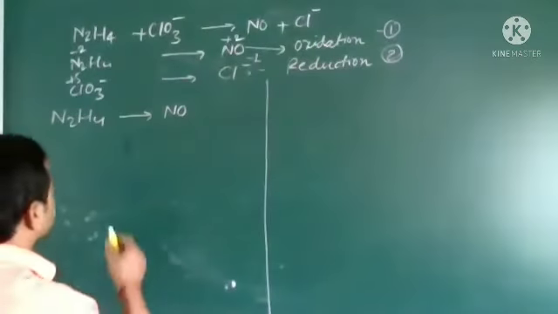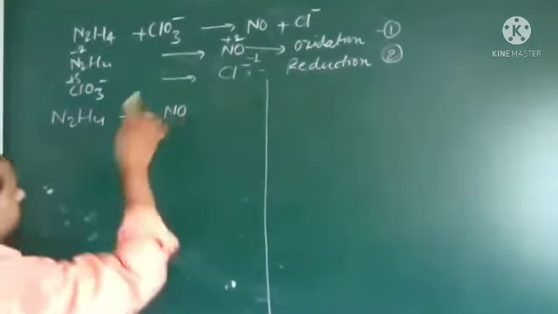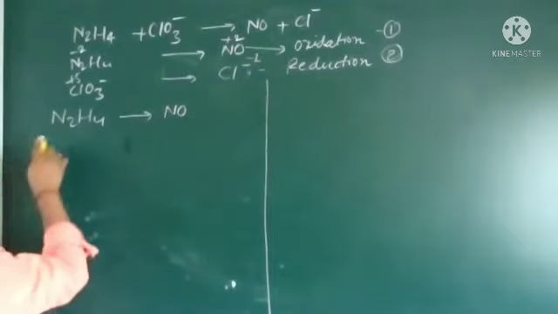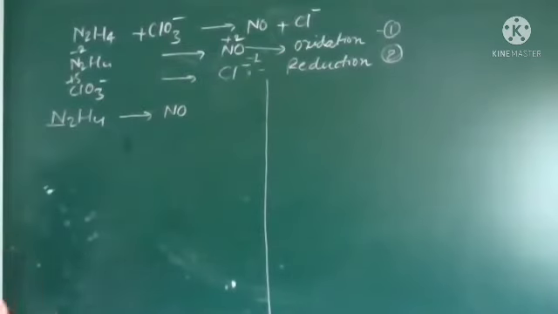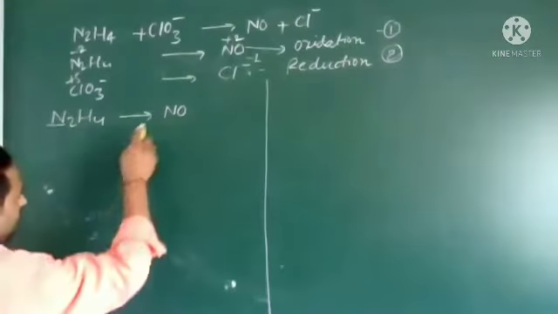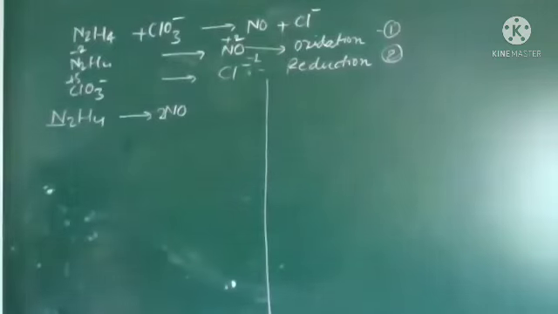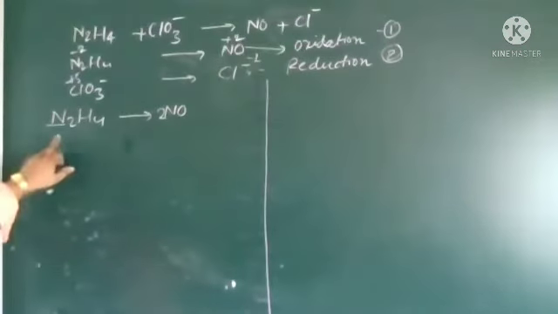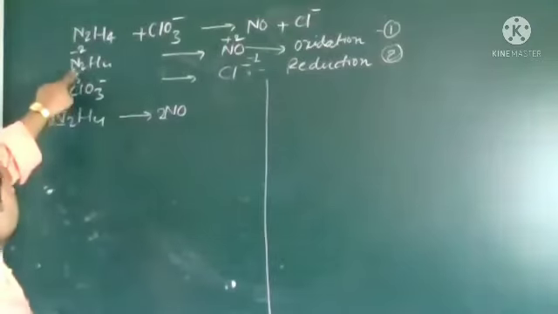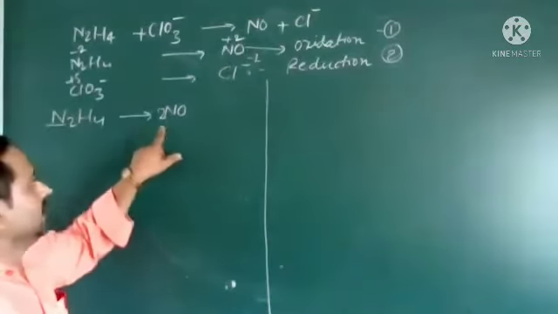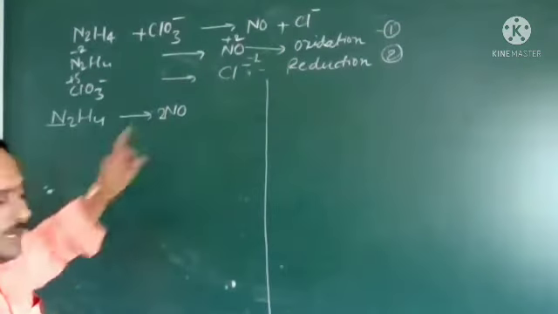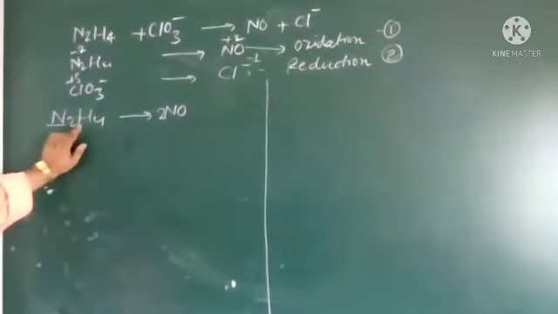Okay, so let us say the first part I have taken is the first equation. You see the number of nitrogen on this side is 2, and on that side it is 1, so I will multiply by 2. I multiplied by 2. Okay, next we will see hydrogen.